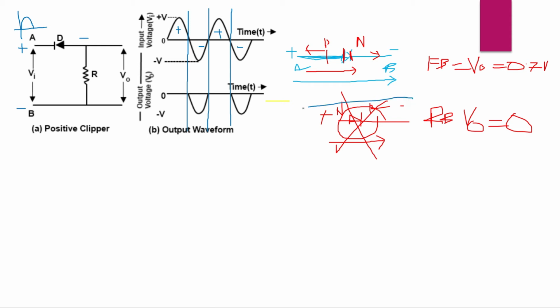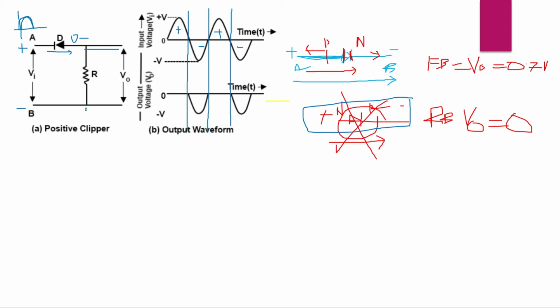It is this case, right? In the reverse bias case, the maximum output voltage is 0. Hence, what is the peak of this voltage? This will not pass through this diode because it is in reverse bias mode. So it does not allow it. Hence, the maximum voltage is 0.